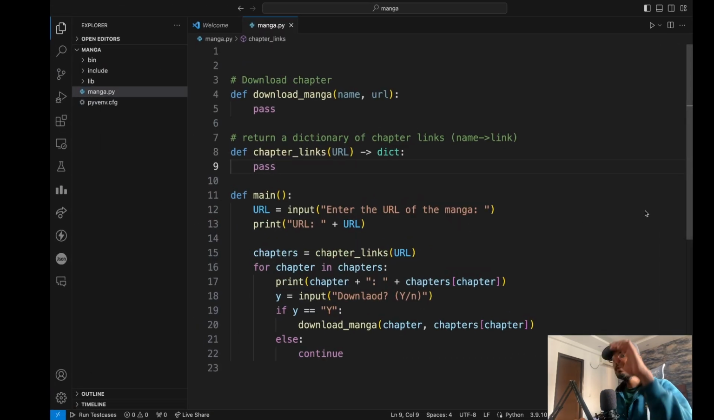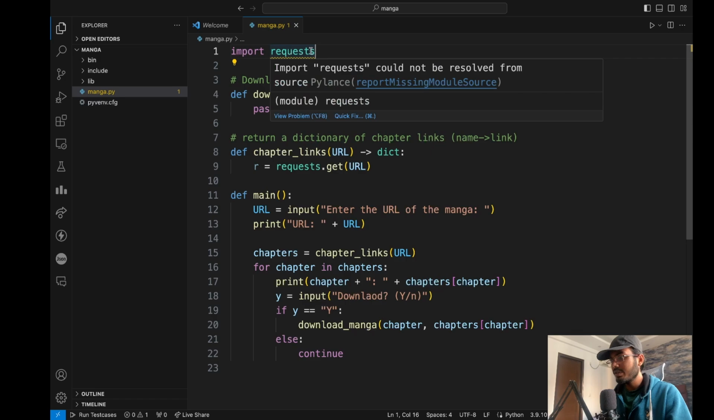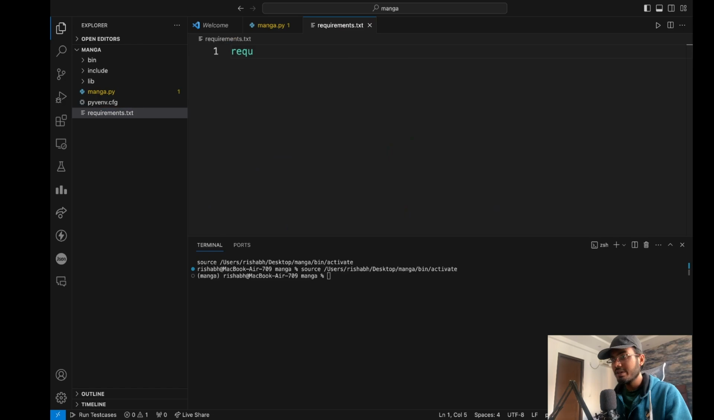Okay, now if we see, for the chapter link function, first obviously I need to make a request to this page, right? So r is equal to requests.get URL, but first I have to import that, import requests, right? And it says that requests could not be resolved. That is because we have not installed it in this virtual environment. So first I'm going to create a new file, requirements.txt,